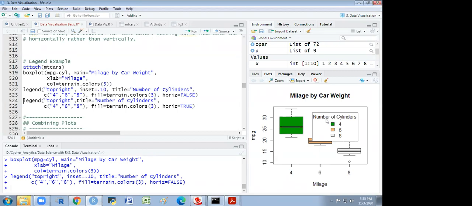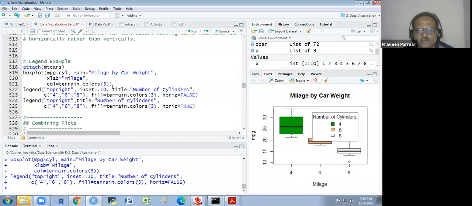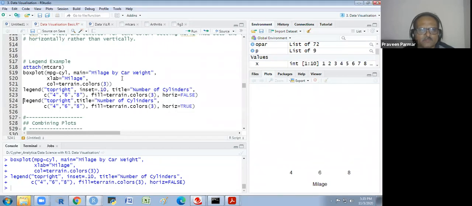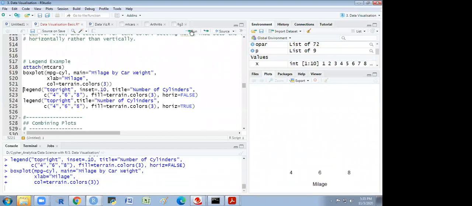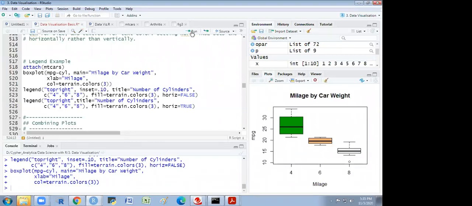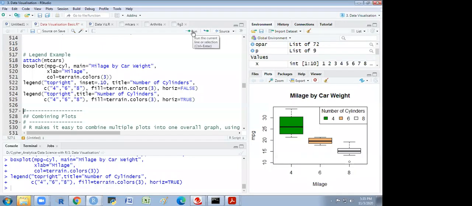So can we resize it? Like it's a little bit bigger than ours. Okay, we could resize it. I have taken the inset 0.10. I remove this one because it will overlap if I run next. I run this, then you see. Is it better?